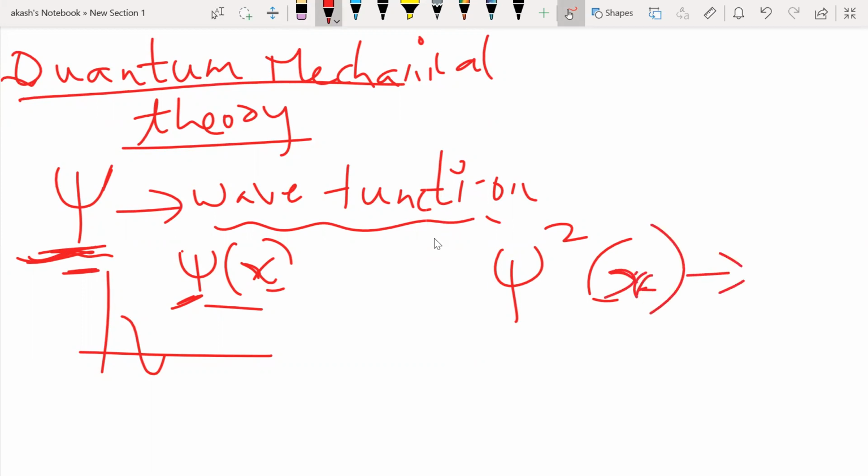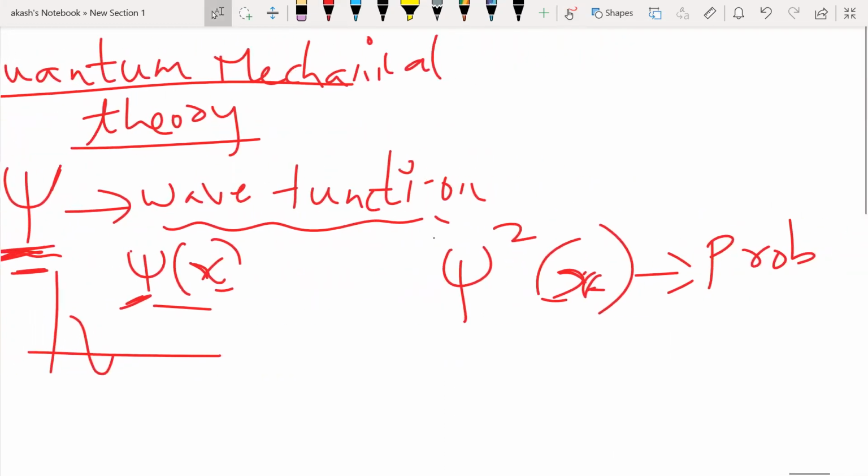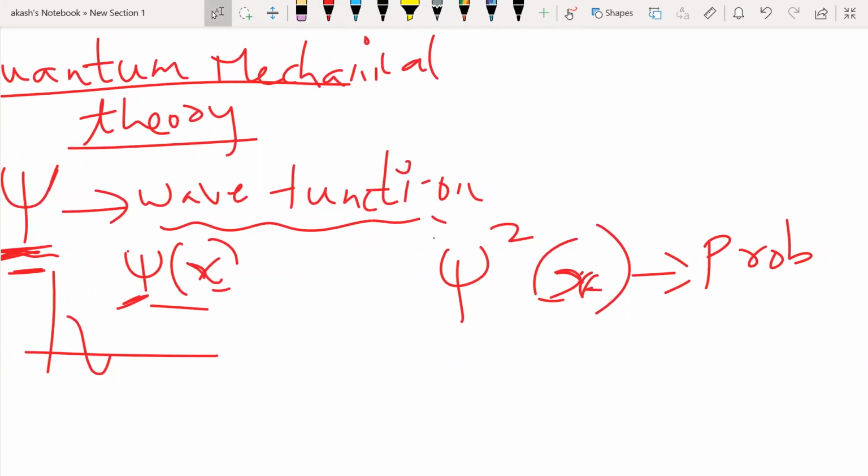That is going to give me the probability of finding the electron in a particular volume. There is nothing much for you to know in this. There is a lot of stuff, but to completely understand how this works you require some more mathematical knowledge, which we don't have at this point. If you study in college, then you'll be able to really appreciate it.